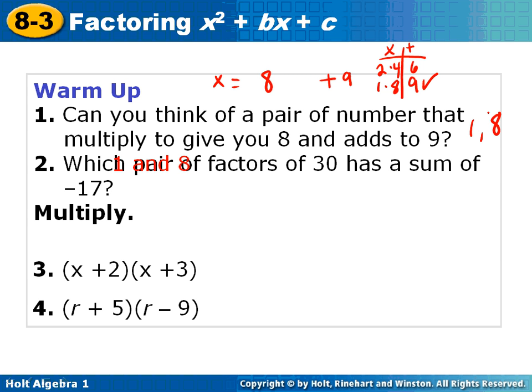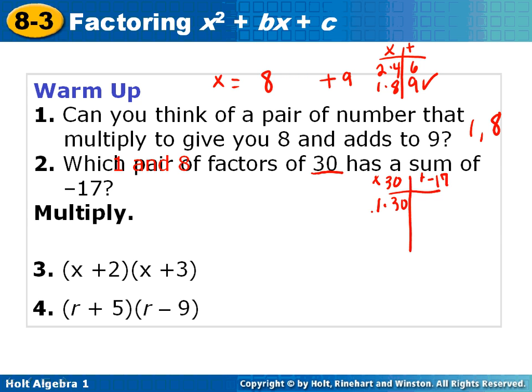Okay, number 2. Which pair of factors of 30 has a sum of negative 17? Now that's the same question as I asked in the first one, just worded more mathy. So multiply to give me 30 and add to give me negative 17. I'm going to make a table and organize. Multiply to give me 30, add to give me negative 17. Okay, I'm going to be organized and start with 1. Is it 1 times 30? Well, there's no way a 1 and a 30 can add to give you a 17, much less a negative,